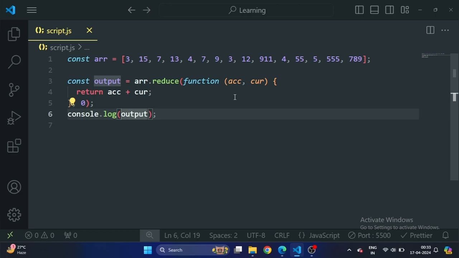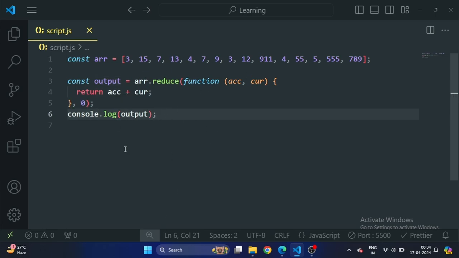If not, let's break it down further. So this is our initial value, and you go through each element in the array, updating the accumulator. For each element you update the accumulator based on some operation you define. For summing, it would be adding the current element to the accumulator. Finally, the reduce method returns the final value of the accumulator after iterating through all the elements in the array. Okay,